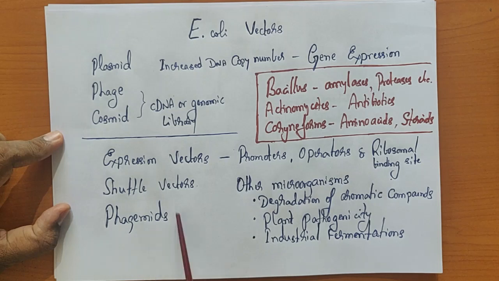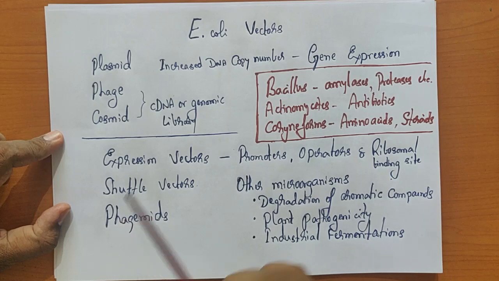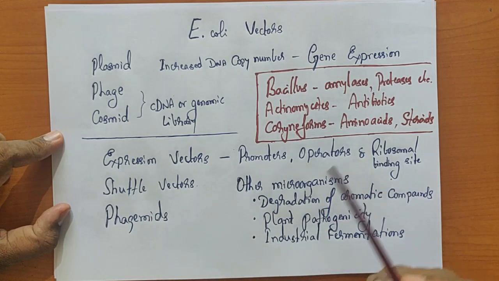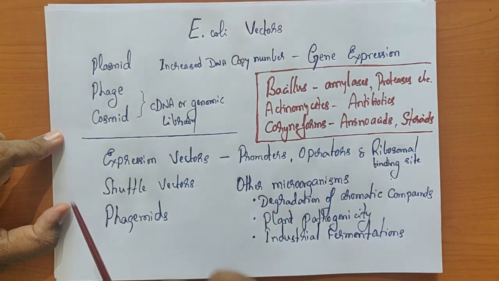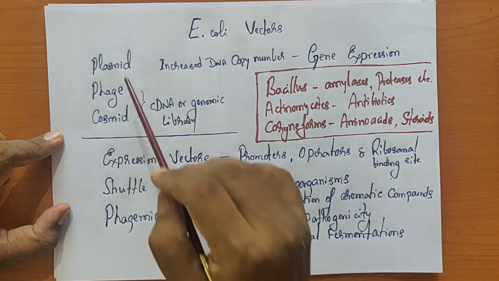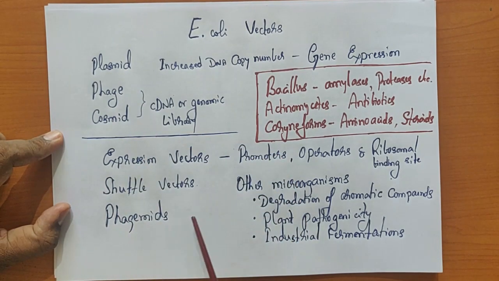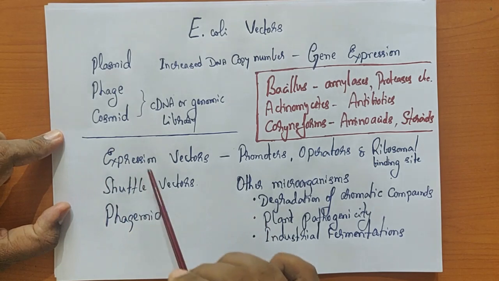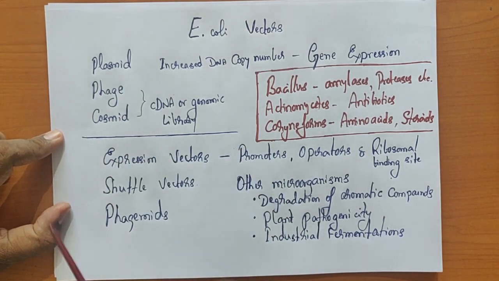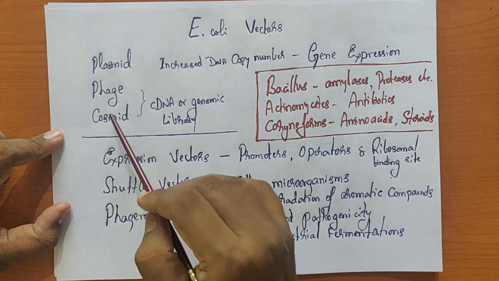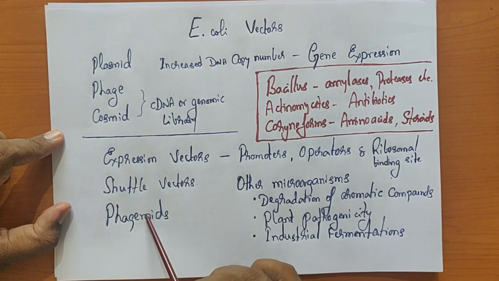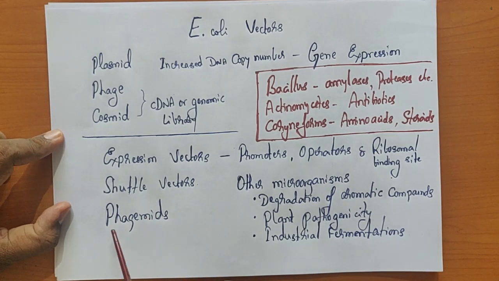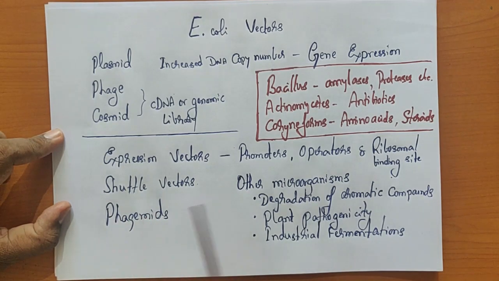I have given phagemids basically because a phagemid is just a definition. Sometimes you might be asked, for a couple of marks in your examination, what phagemids are. Phagemids are nothing but plasmid DNA consisting of phage DNA sequences. For example, a cosmid, because the cos sites are introduced in a plasmid vector. A cosmid is a good example of a phagemid because it has plasmid DNA as well as phage DNA. A combination of phage DNA and plasmid DNA, we call a phagemid.